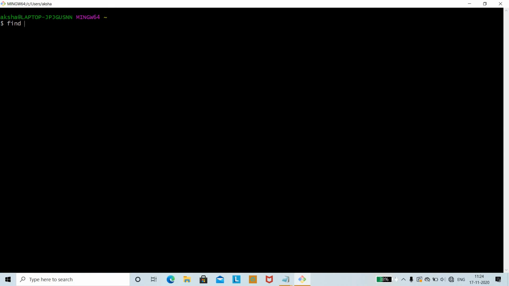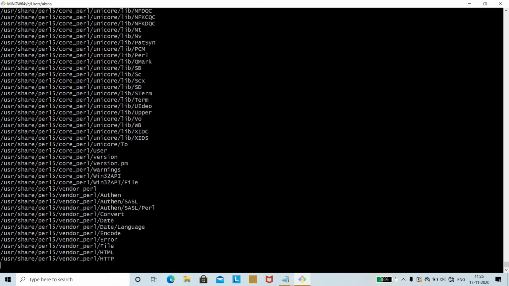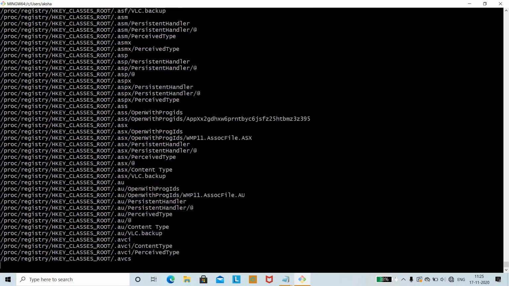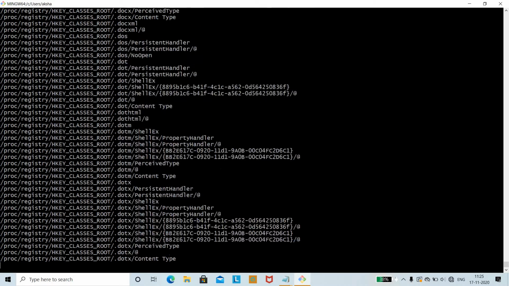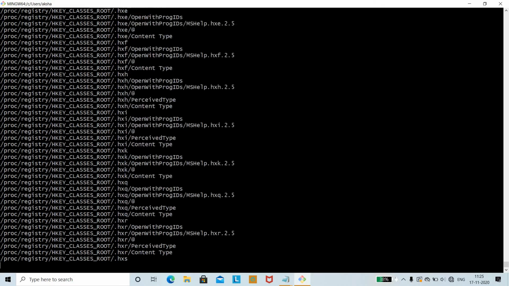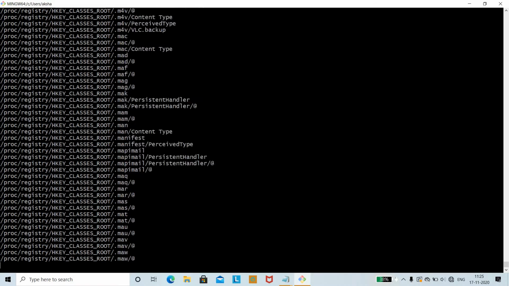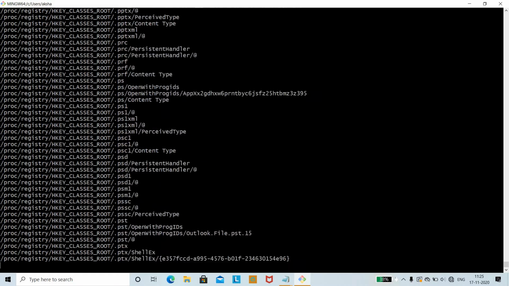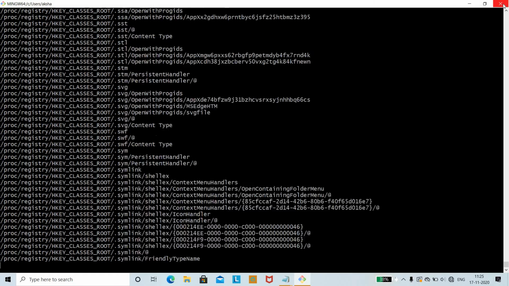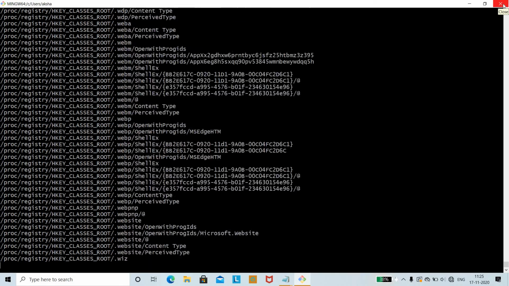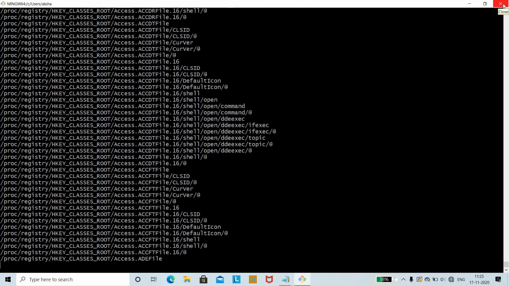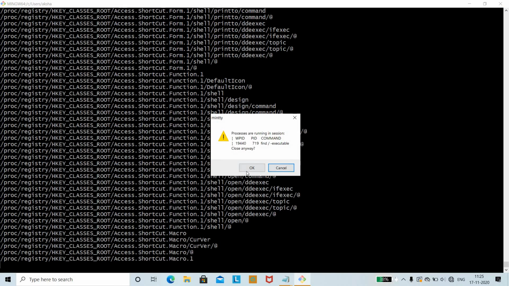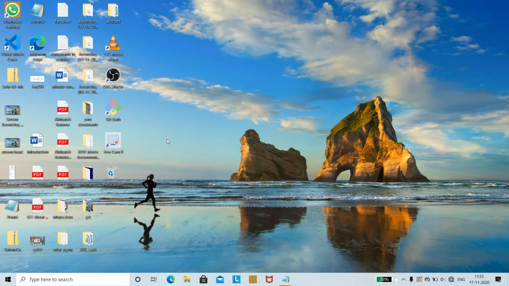Find backslash hyphen. Now we shall check all the executable files in your system, so executable. Next, if you want to search the readable files, you need to give the option as hyphen readable. Here also there are a lot of files in your system, so it keeps on displaying. The processes will be running in the background and it keeps on displaying. So we shall terminate the process.